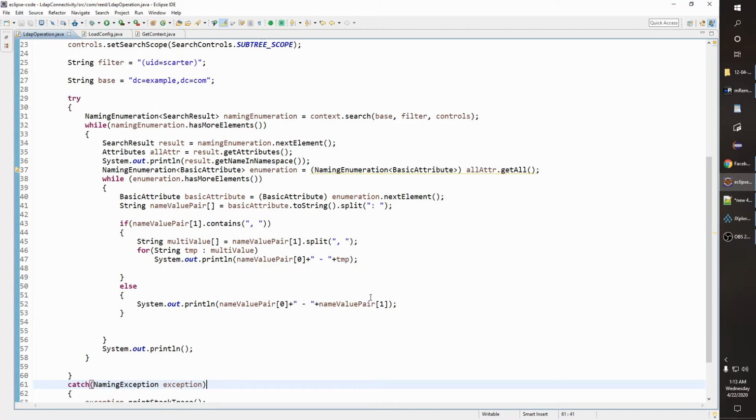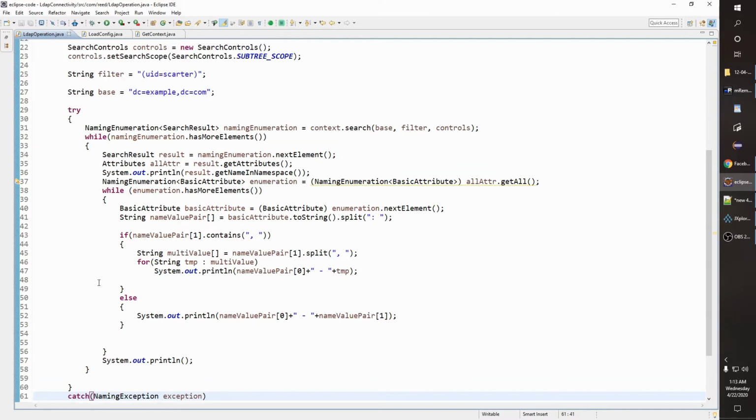You should be well aware of how to define connectivity to LDAP directory server. That will be the first step, and later on you need to understand how to do a search against the LDAP directory server, correct? So both of these things need to be clear before going for modification. So let's start with modification. But if you want to understand how to define connectivity to LDAP directory server, or how to do LDAP search using Java, you can visit two of my other videos, where the first one will explain the connectivity and the next one will explain the LDAP search using Java. So I recommend going with those videos first and then coming back and starting from here.